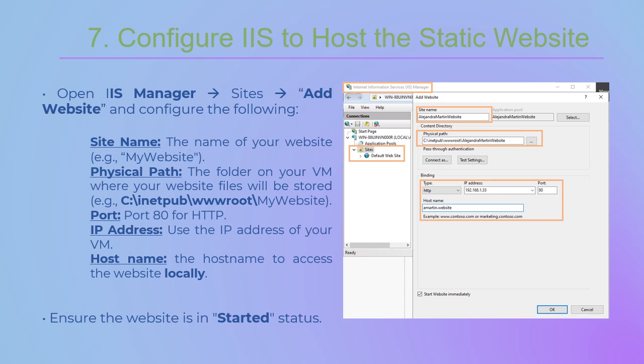In IP address, we use the IP that we set as static before. And in hostname, we can choose any hostname that we want to access the website, but locally. And after we press OK, we have to ensure that the website is in started status.